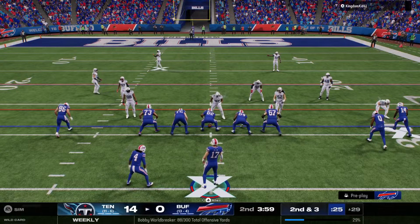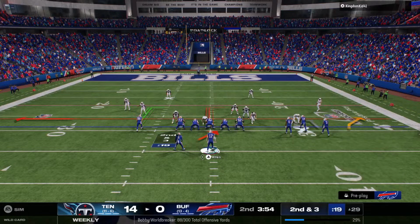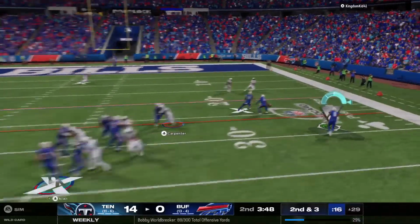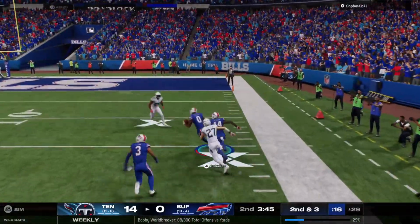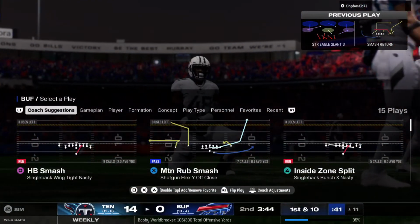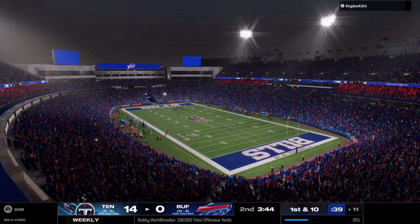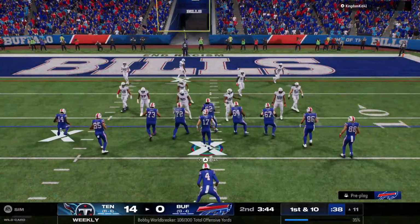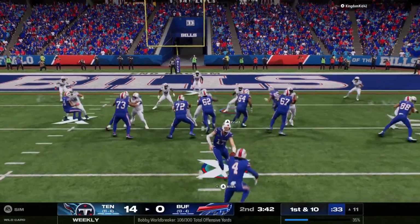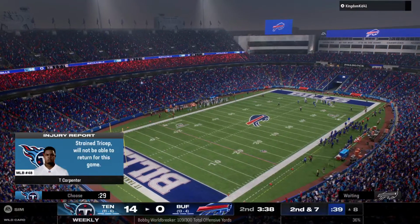Here's 2nd and 3 to go. Allen going to get it out quickly to Coleman. He's taken down just shy of the 10. There's this misconception out there, Mike, that in the NFL, you have to run the same amount of run plays as you do pass plays. And as you're seeing in this drive, you can fall on one side of that coin a little bit more as long as you're able to remain effective and efficient. So far, their passing game has dominated here early, and that last pickup leads to a 1st down. And that'll be a pickup of...